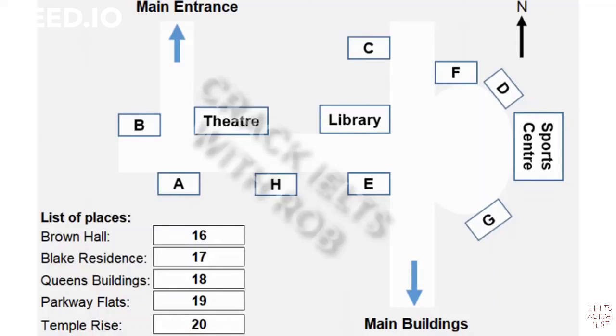Then Temple Rise is inside the Circle, next to the Sports Center, but further from the main university buildings. Now, if you'd like to go off and physically